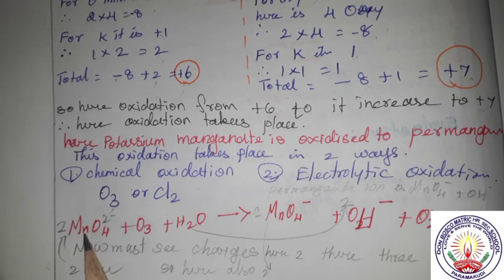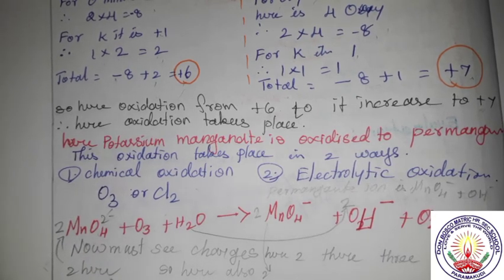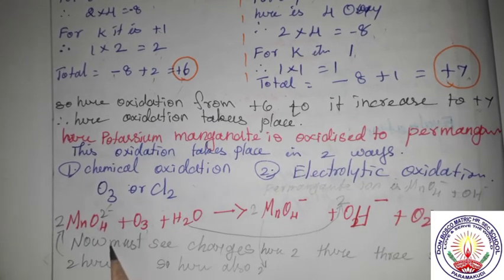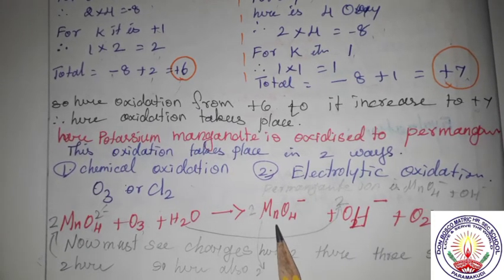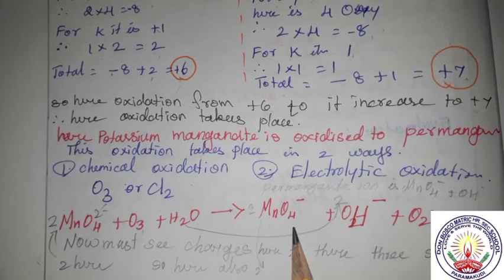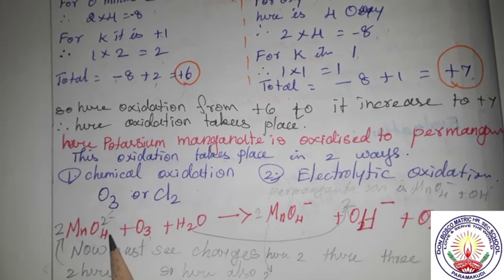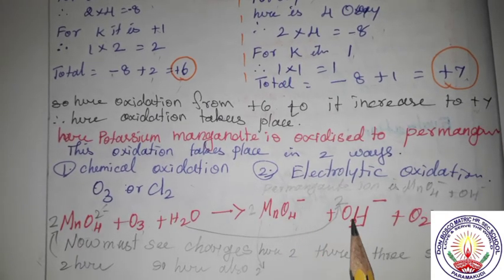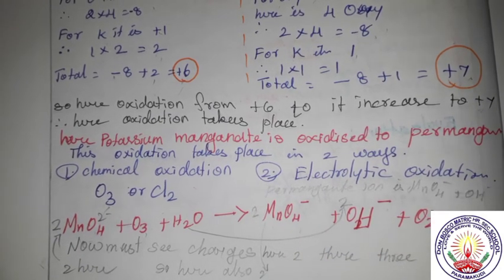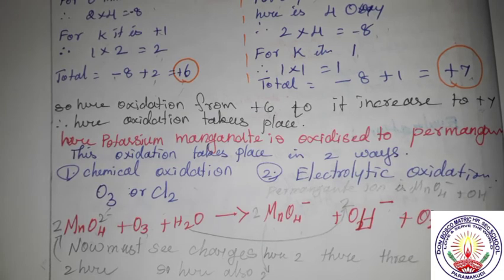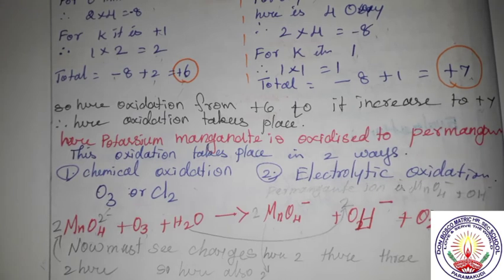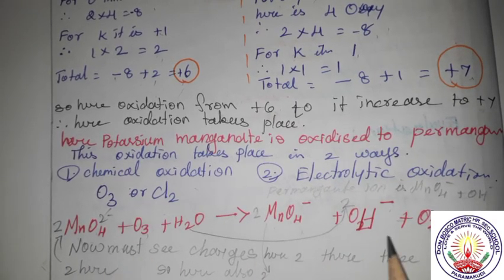MnO4 2 minus plus O3, that is ozone, plus we are adding water. The product is MnO4 minus, and OH minus ions are formed. So along with this we are getting oxygen. The equation is balanced,